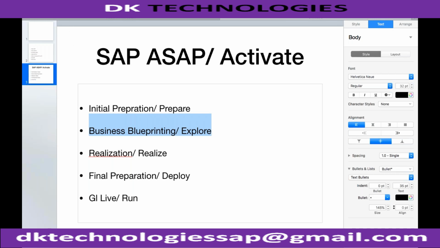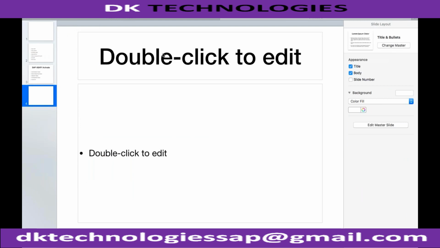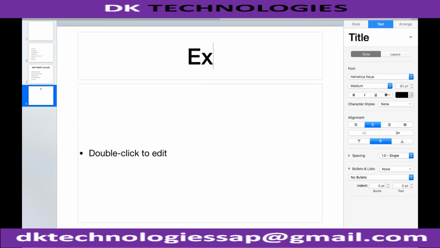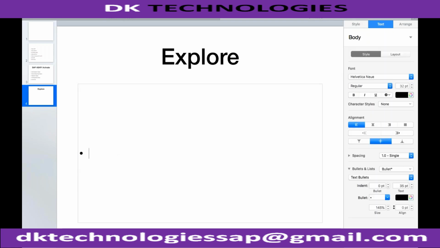So now let me go to the explore phase. Just assume we are in explore phase and we need to implement a lot of functionalities. In our scope, we have SAP Finance, SAP Sales, and also inventory management and purchasing. So in short, this is FICO,